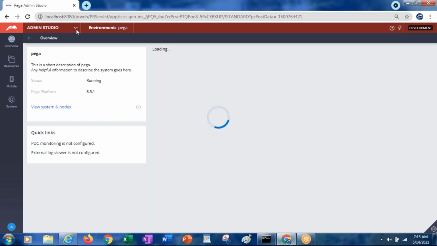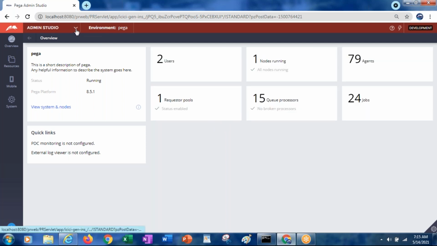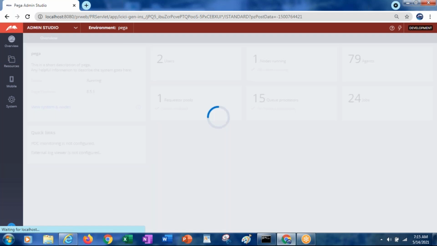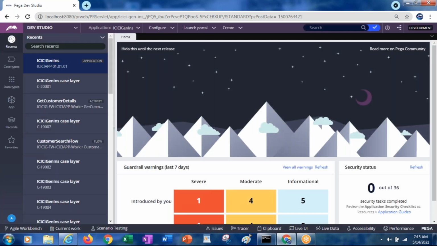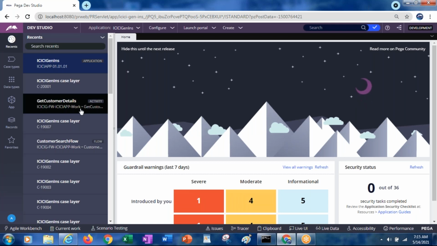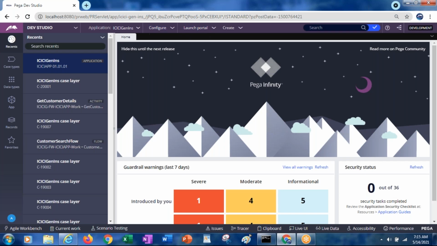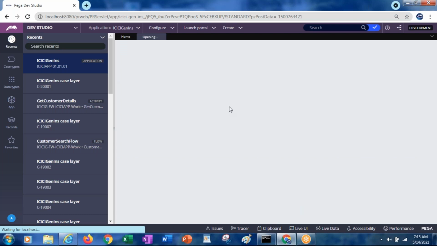But we saved as our application. We saved as a new record, right? For that we did it from administrator at pega.com or administrator at icicagent.com. I think it is administrator at ICICIgen.com only that we opened from the operators list. Yes, ICICIgen.com. So now what we want to do is open our application, ICICI General Insurance.